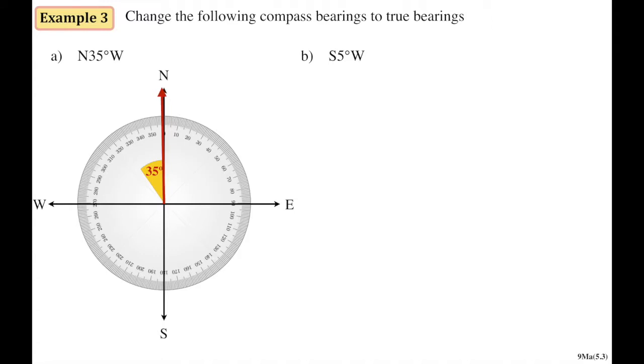So you spin around your 35 degrees, and that would be the same as spinning if we were doing a compass bearing. Remember, compass bearings are north 35 degrees west. If we now want a true bearing, we need to face north and we need to spin around clockwise. Now, how far would we spin around degrees-wise? Well, you know a full revolution is 360, so a shortcut would be 360 minus 35, but you can also